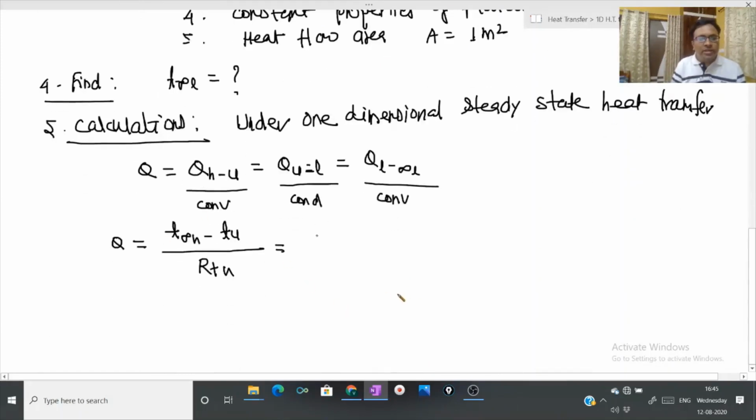This will be T upper minus T lower of turbine blade over RT, equal to T lower surface of the turbine blade minus the cold air temperature T infinity L over RTL,